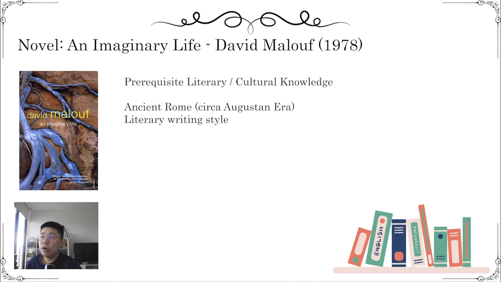So someone who's not as familiar with literary styles of writing will find this very slow and very hard to read. There were times where after I'd read a page, I had to go back and read it again and try to figure out what it is trying to say, because it's not made for mass consumption in the same way that Cold Enough for Snow seems to be. Cold Enough for Snow is very clear and conversational. An Imaginary Life is literary. It's designed, it's constructed. There are more techniques, but it's harder to parse the relationship between quotes and technique and effects. But it's there to challenge students if they want to go through that.